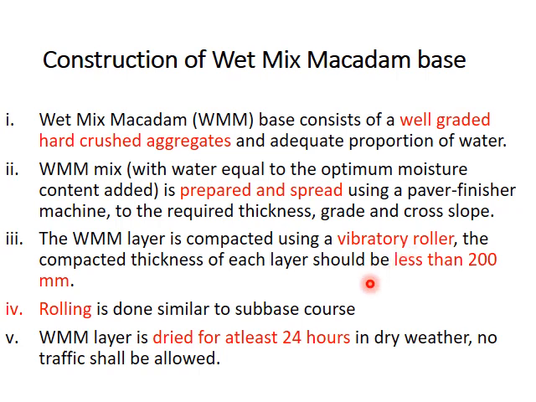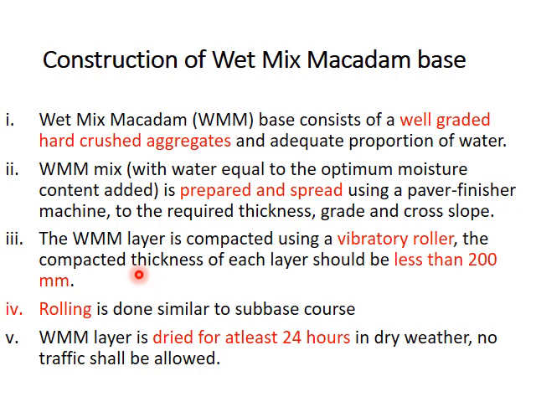The compaction process is done layer by layer and each layer should be less than 200 mm. Suppose from the design you obtain that you need 400 mm of base course thickness. What you do is you compact the base material as 2 layers of 200 mm thickness each. So the compacted thickness of each layer should be less than 200 mm. If you need a base course of thickness 500 mm, you have to do it as 3 layers of thickness 200 mm, 200 mm and 100 mm.